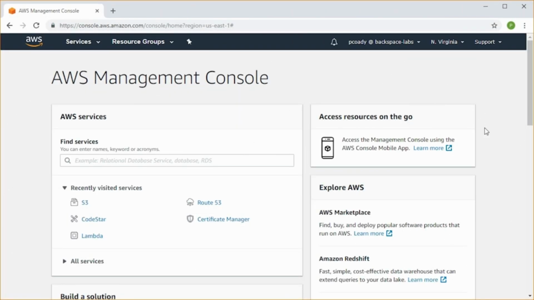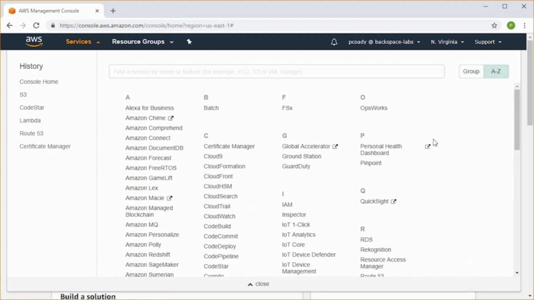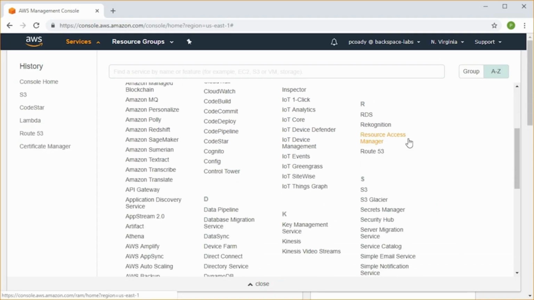Okay, once we've logged in, we'll be at the AWS Management Console. From there, we can go to Services and try and find the S3 service. Now that will be in the storage category. I actually don't like to use these categories because they change quite a bit, and when you're looking for stuff, it might be moved into a different category. So it does make life a little bit difficult. The easiest way is to select A to Z up in the top right-hand corner here. And then if you're looking for S3, just go to S for S3 and you'll find it there.